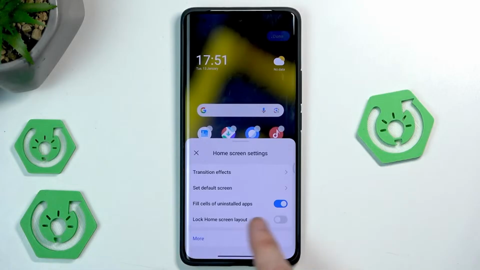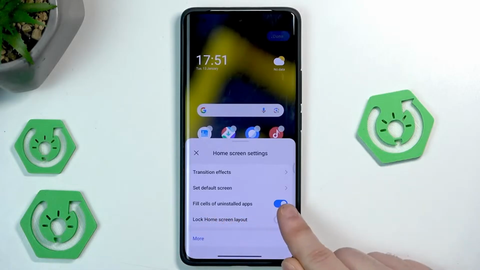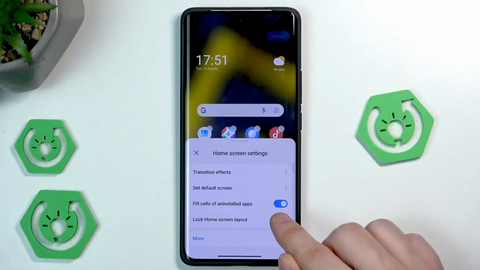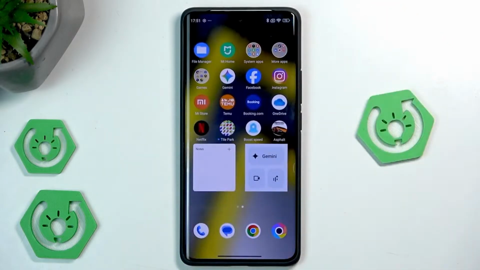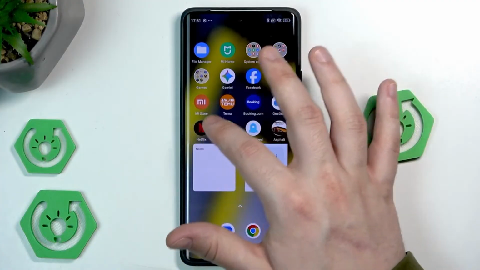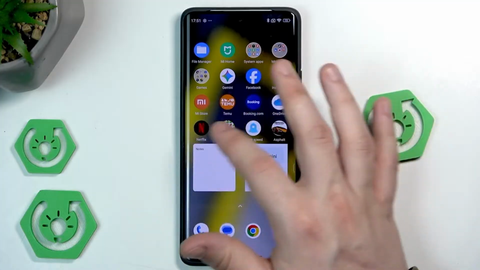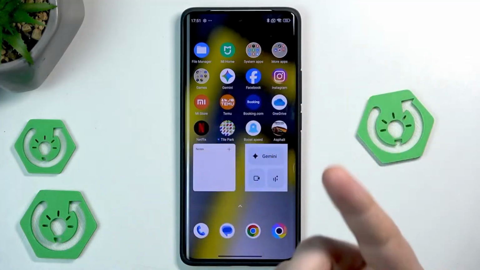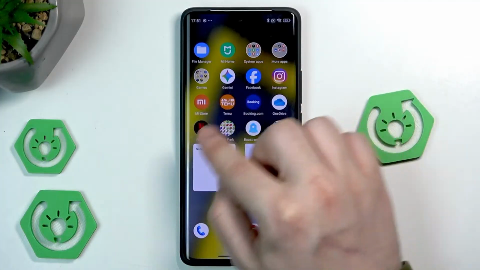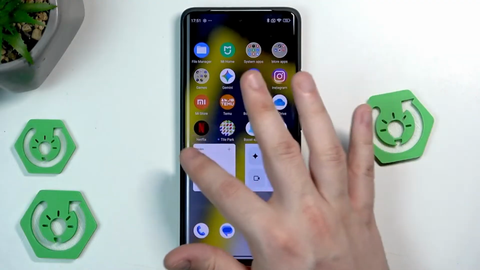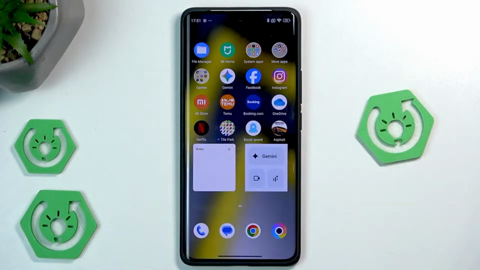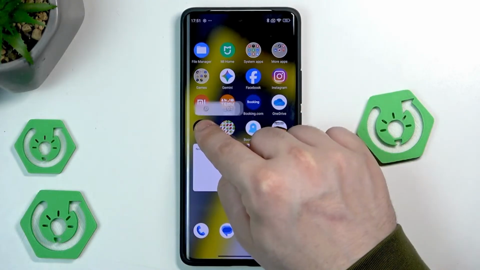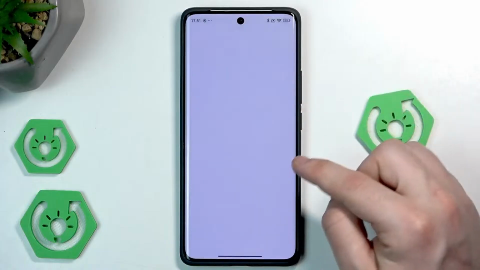Okay, down below we have the feature to fill cells of uninstalled apps. I really recommend turning that feature on, because now if you uninstall one of the apps, that empty space that would have been created after the uninstall process would be a gap. Let's say that we would uninstall the Netflix. In here we would have an empty space, but now thanks to that feature, when I uninstall it, this